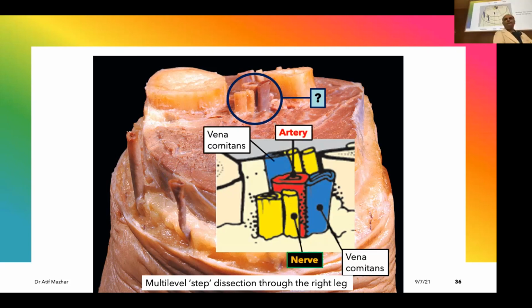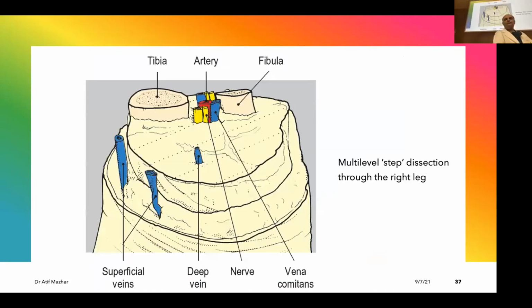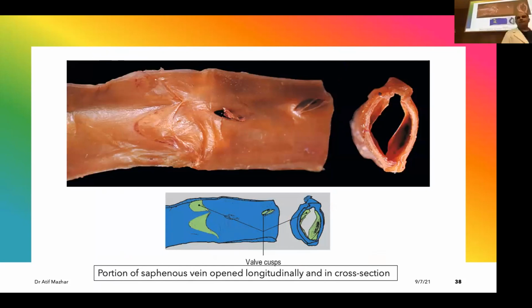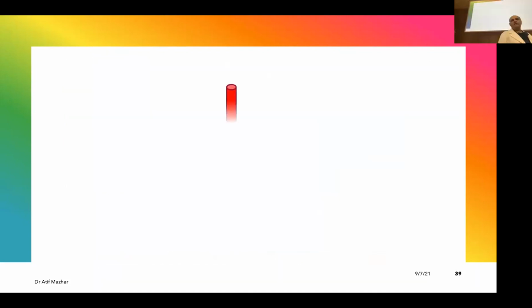Now the same thing which we were looking at, and with valves. So blood should not be returning back, to prevent backflow. Thank you. So now this is a conceptual slide. I'm taking, let's say this is an example of your leg. This is the main artery of the leg.